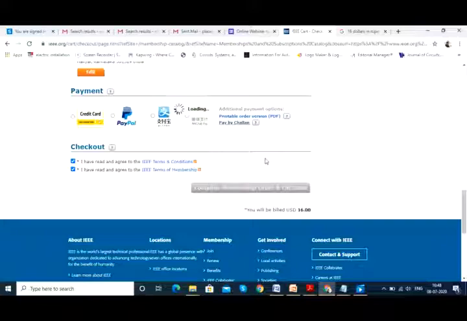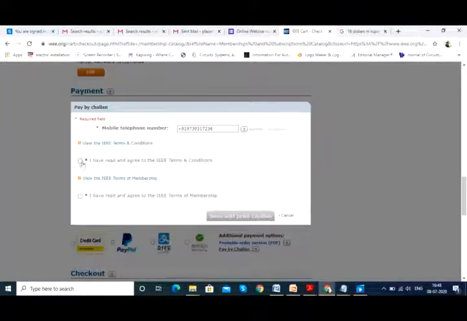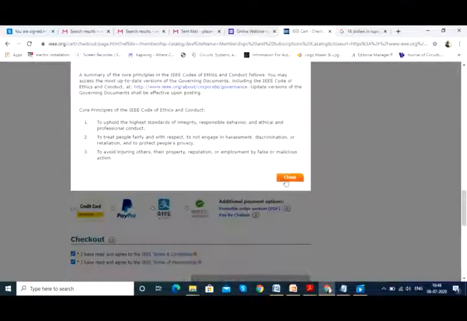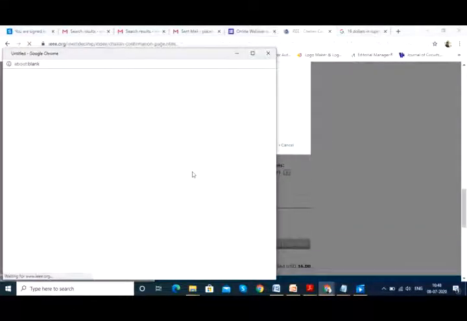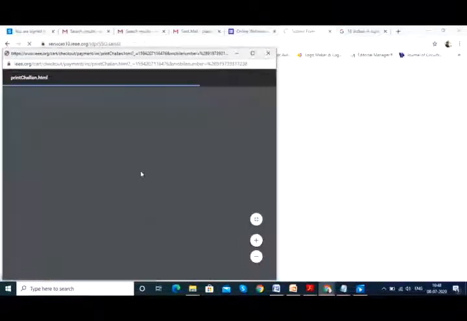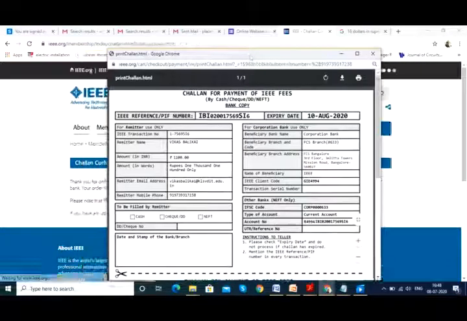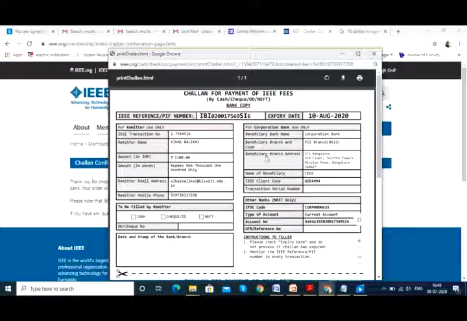So once you do that, you'll open up this thing and try to save and print Chalan. So once you do that, your cash Chalan payment will open up, and again the pricing has not changed. It is 1100. So this ends up your registration process. Go to the bank, respective bank, this particular branch of Corporation Bank, any branch in your place, and then pay the relevant amount.